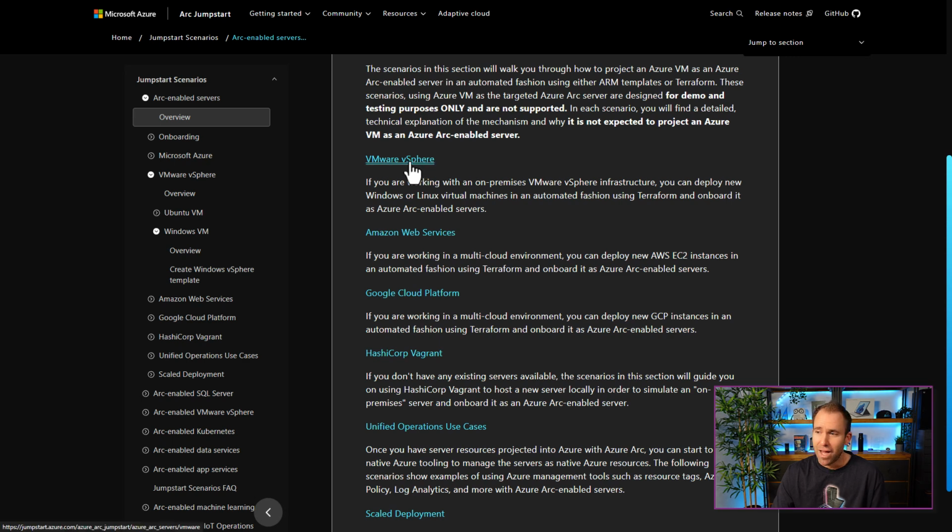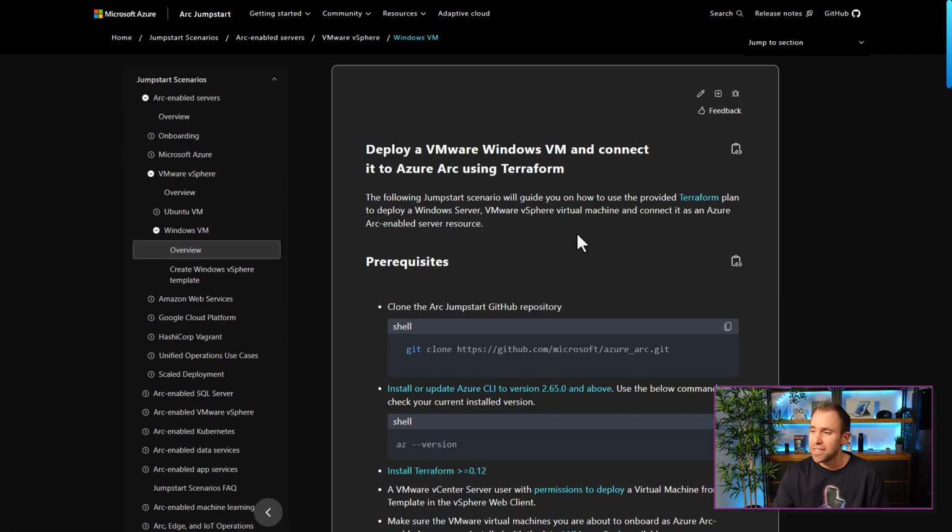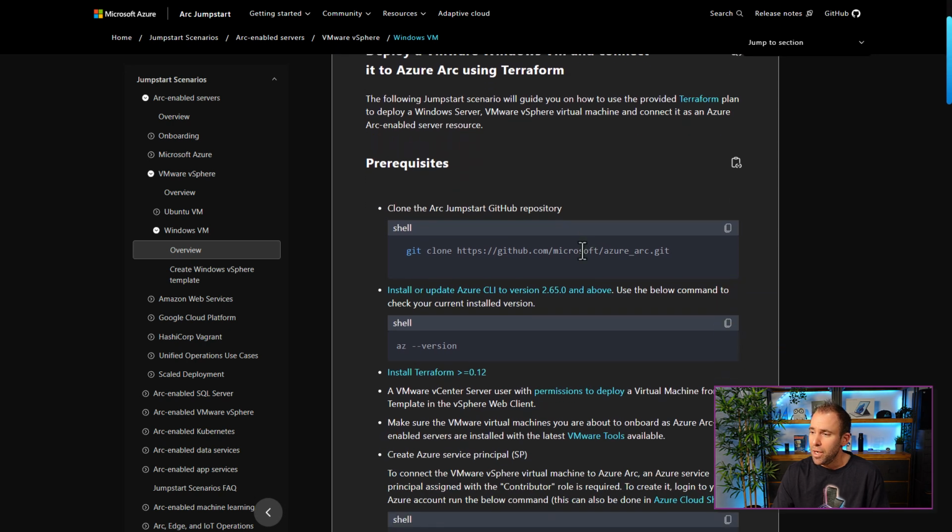If I, for example, have a VMware environment, I could go to VMware, and then I can select whether I want to onboard a Linux machine with Ubuntu, or a Windows Server machine. For that, let's have a look at Windows Server in this case, and we're making it very, very simple to do this. We have a Git repo, and we have all the commands here to leverage for all the scripts,